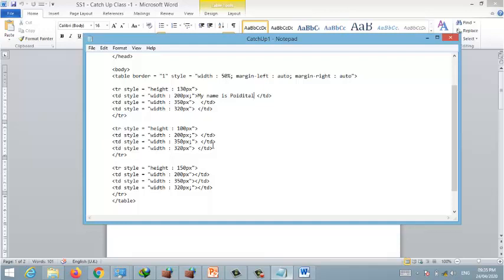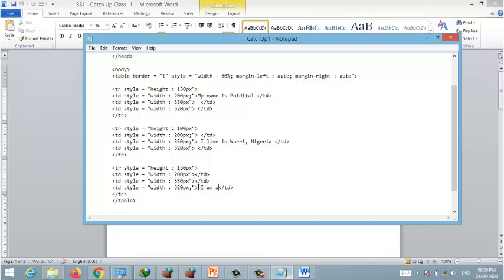In the second row and second cell here, I'm gonna type I live in Warri, Nigeria. And here I'm going to type